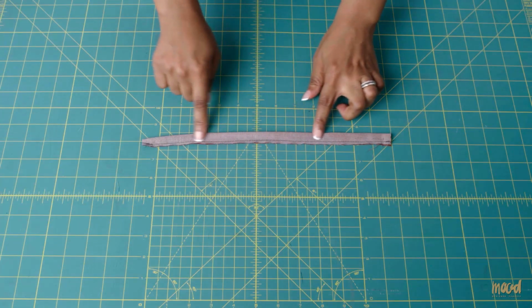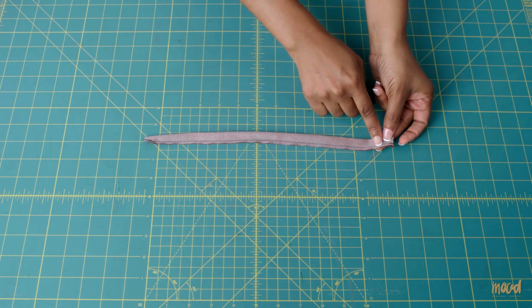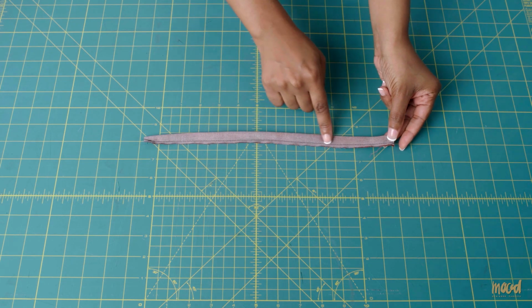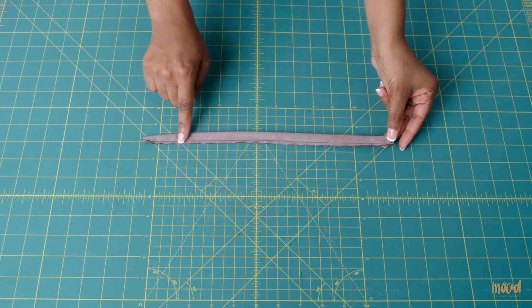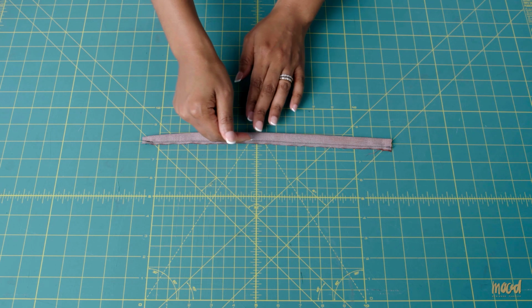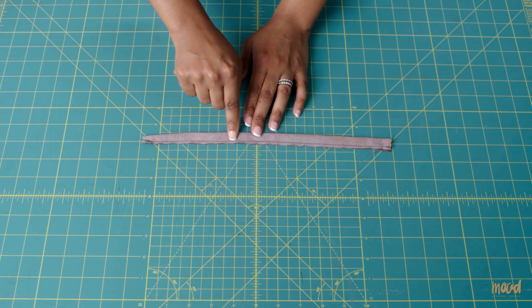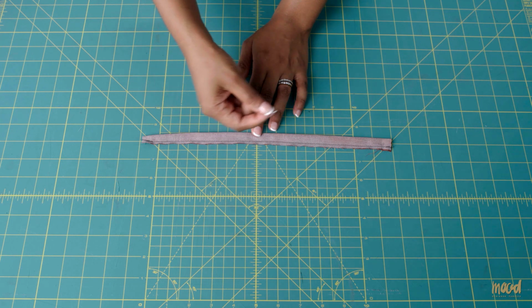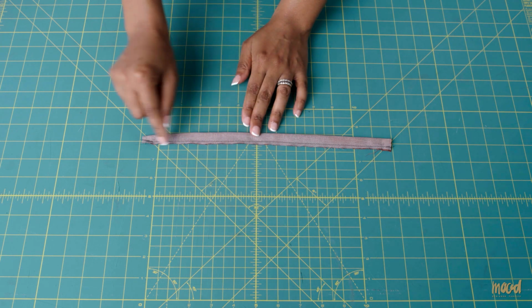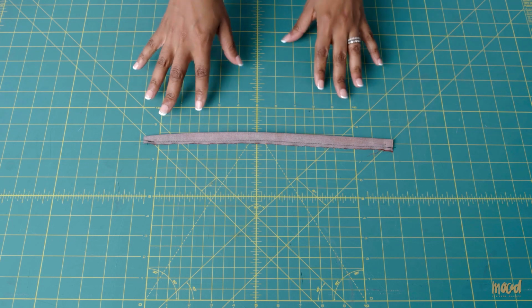Now let's take a look at how we are stitching our straps together. We did right sides together and we did a simple straight stitch right along the edge, and then we trimmed off the excess seam allowance, maybe 1/8 away from the seam, because when we turn it, we don't want the seam to be too bulky. And when we come back, I'm going to show you how to use the loop turner to turn your straps